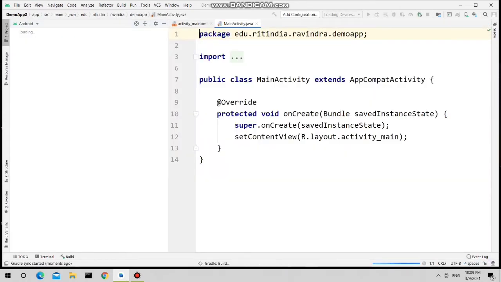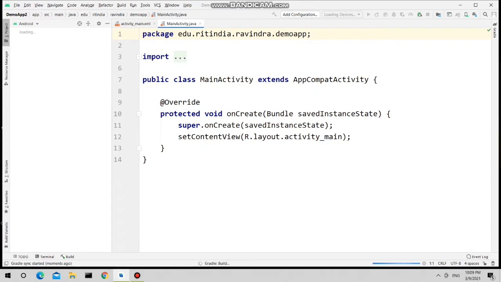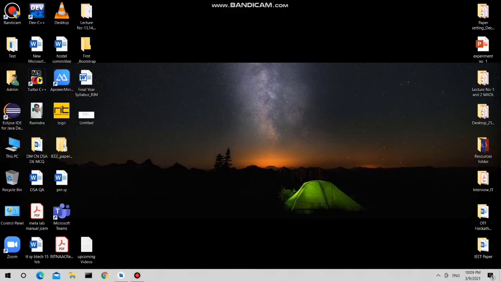So let us first build the Gradle, and once it is ready then we'll see how to change the package name of your Android application. So see, Gradle is building. Now we'll first run this application on our device before changing the package name.